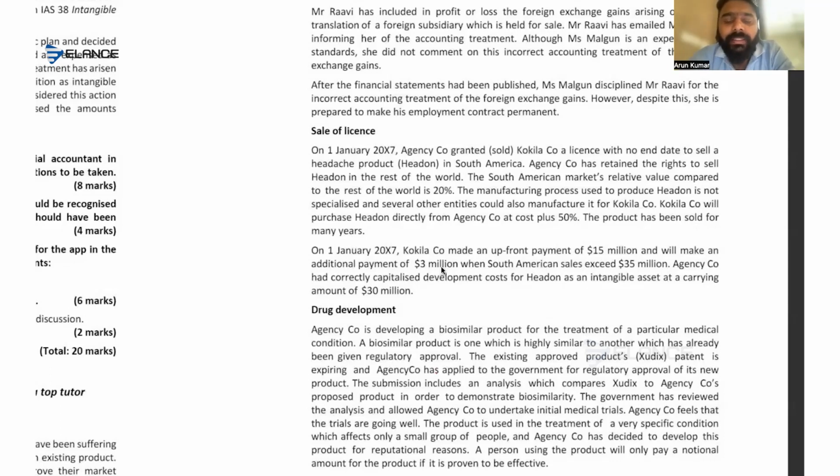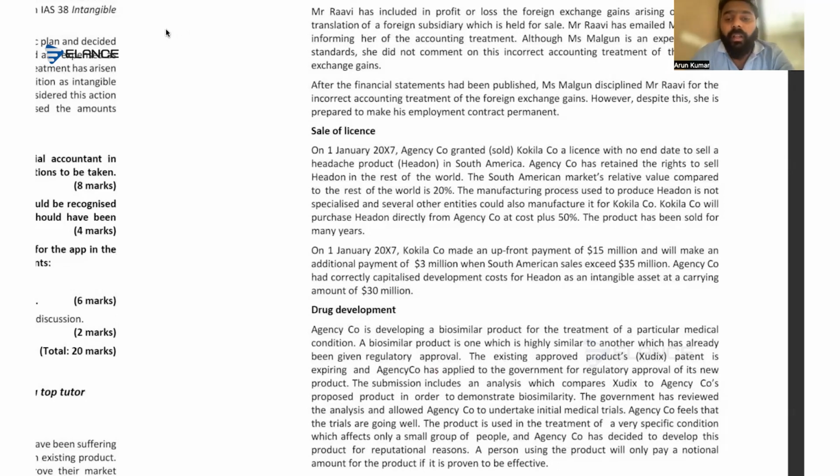So this 3 million is like a variable amount. So how much will be the revenue recognized? Sorry, the gain recognized. So it's like a disposal of an intangible asset, right? Can we recognize it as revenue? No. When we sell any IAS 38 items, we cannot recognize the proceeds as revenue. But instead, we recognize the gain or loss in the P&L, like how we normally dispose of an asset.